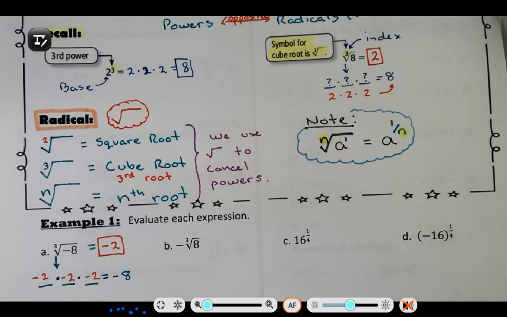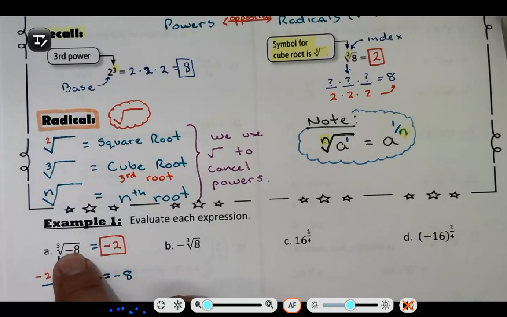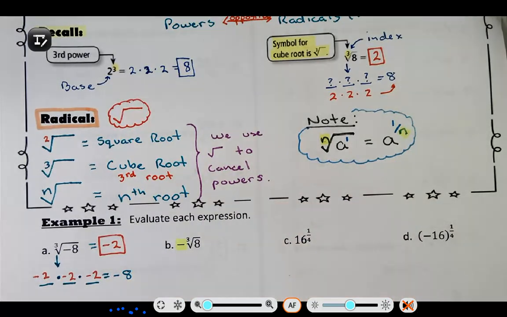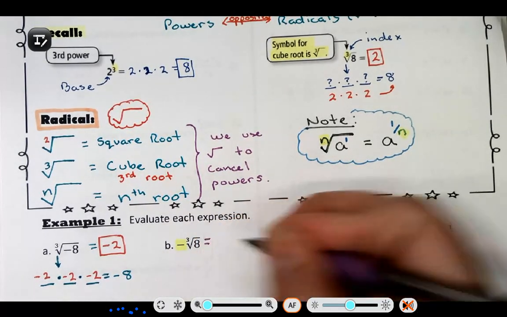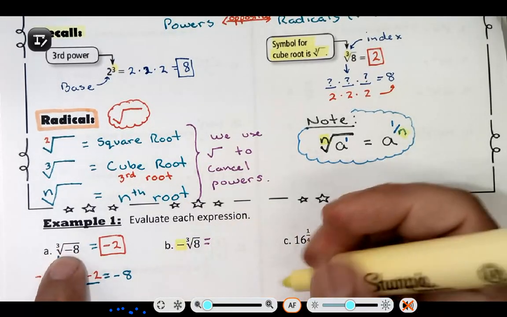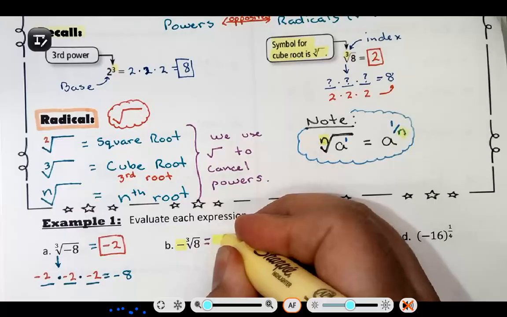Not quite. If you notice, the negative was on the inside, but here, the negative is on the outside. And so the question becomes, well, how do I handle a negative on the outside? It's actually one of the easiest things to do. If you have a negative on the outside, not the inside,